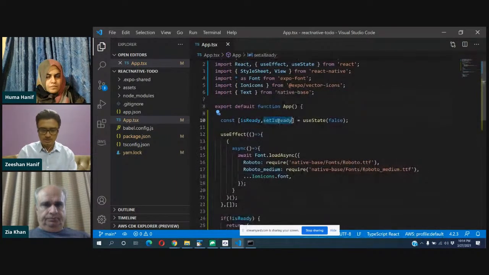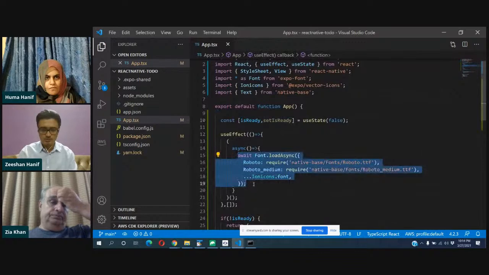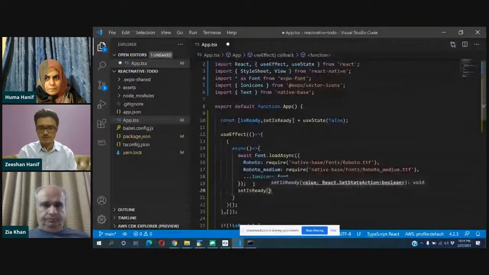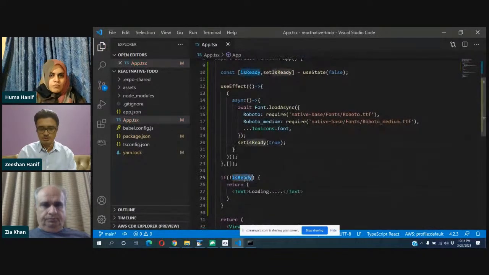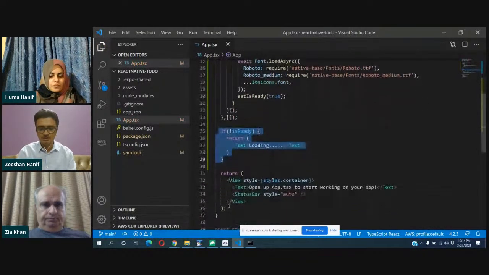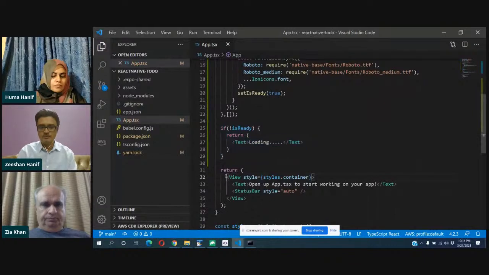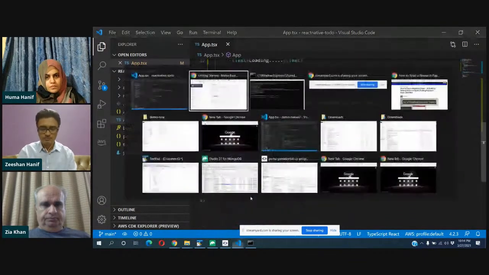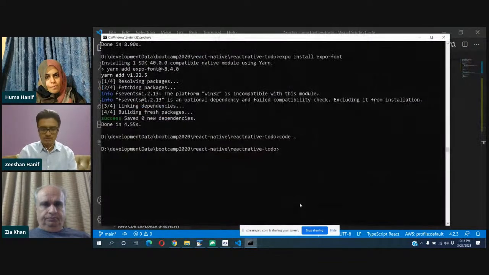Once the loading is done, what we will do is set isReady to true. So isReady will be true. So once it is true, this if will not work, and we will have this code to view. Okay, so let me export start